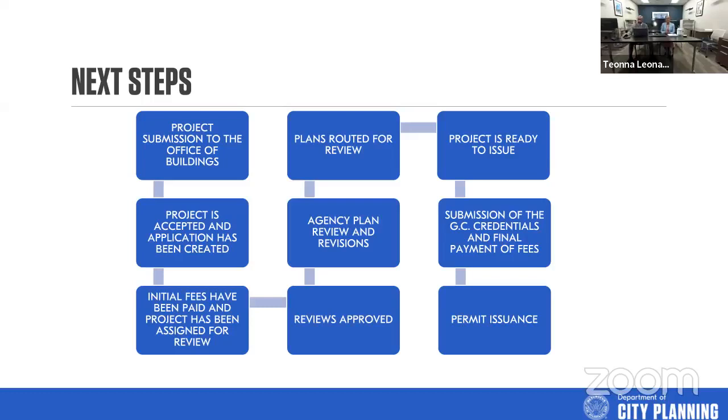A big thing that causes some significant delays is when someone attempts to submit a project to us and they haven't obtained the approval from the necessary pre-permitting agencies. It puts a block because there's a 48-hour SLA to accept the projects, SLA service level agreement. So there's a 48-hour window for us to accept the project. If you submit a project to us that requires prior approval from another agency, you will be denied and you'll have to start the process over.